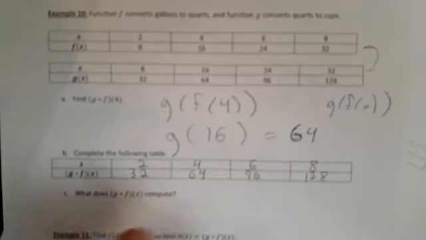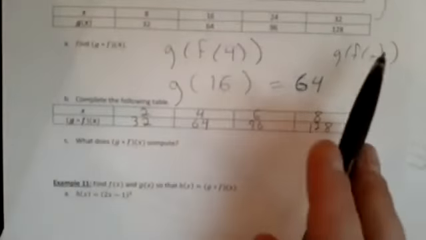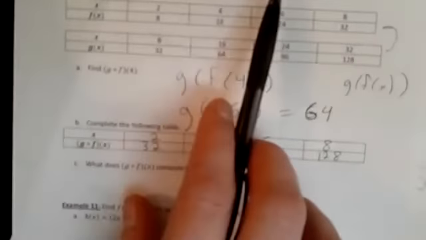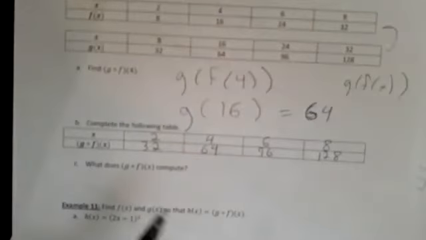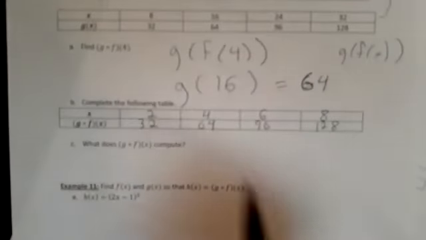And I didn't read it, but these actually have meaning. So f converts gallons to quarts. g converts quarts to cups. So if I go with g of f of x, I'm plugging it in. The first thing I'm doing is converting gallons to quarts, and then I'm converting quarts to cups. And so if I put those two things together, g of f of x,